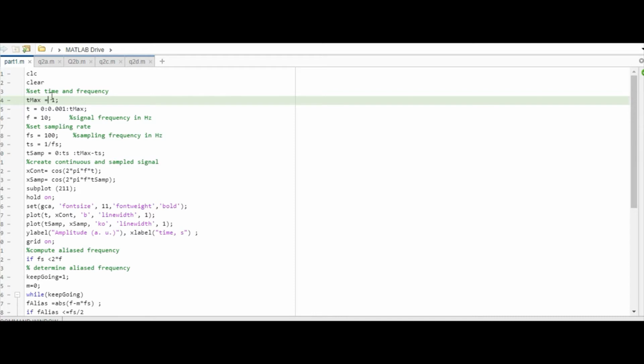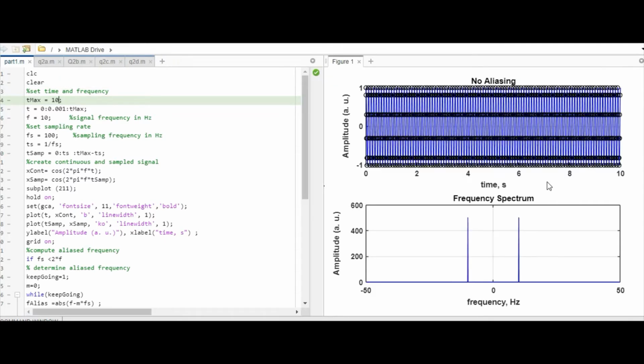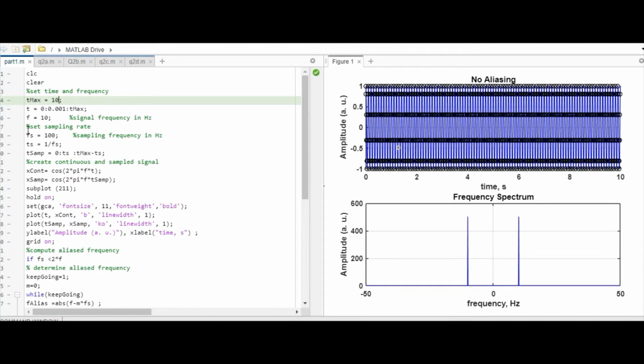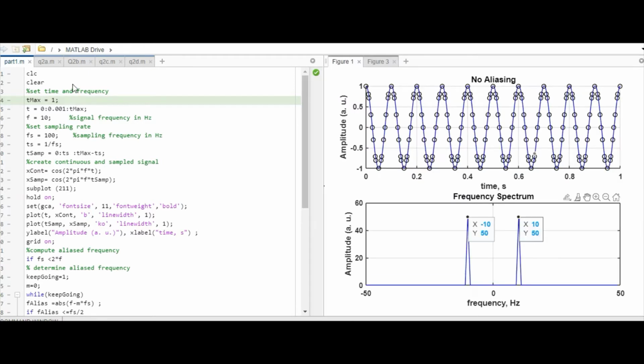So now, starting with the Tmax value, this value can be changed. For example, I've changed it to 10, and when I run, okay, the graph will be very terrible. Thus close it. My Tmax value of 1 is already good enough for the 10 Hertz frequency. So when I run, this is the graph that we will get when we use the Tmax 1 value, where the axis is from 0 to 1 and the frequency is from -10 to 10.